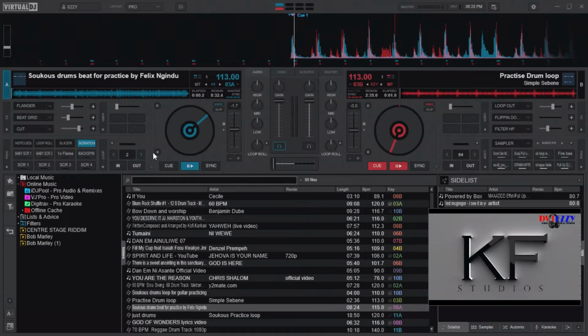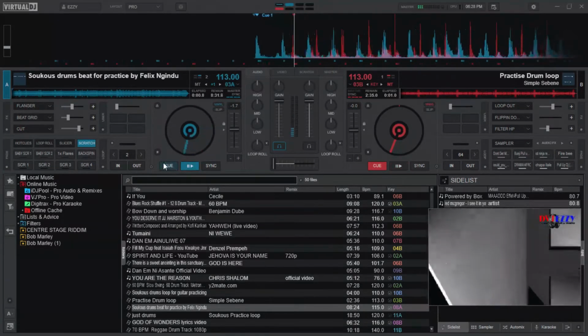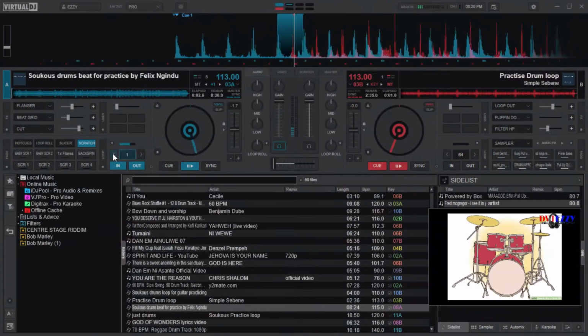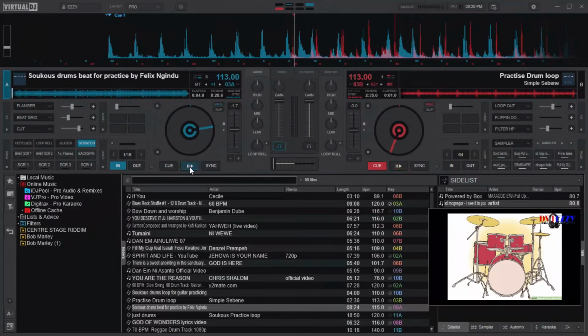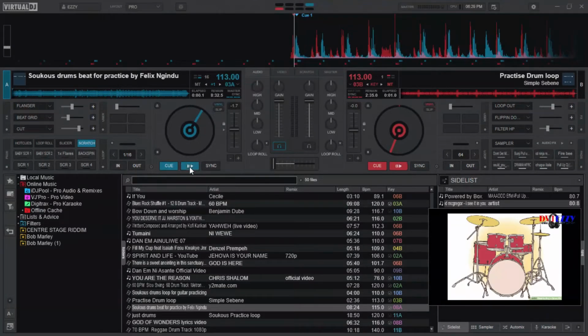I'm going to play it and try to apply that effect so that you may definitely get the impression that I'm trying to give you. Let's get right into it. As you've heard, I'm reducing the beat loop over and over until it sounds like this thing is going to die, and all of a sudden I release it, and it continues to play on. So that's how we do this kind of loop roll.